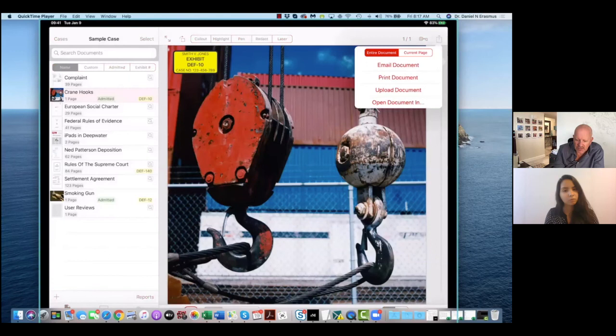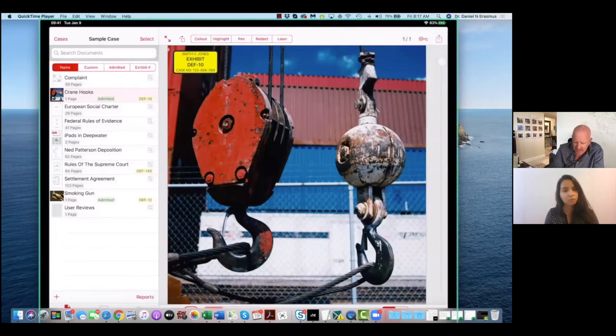For instance, I've never used the admitted button because certainly in all the tax cases I've argued, everything that we discover has in effect already been admitted to court. It's very rare that we would introduce a new document.